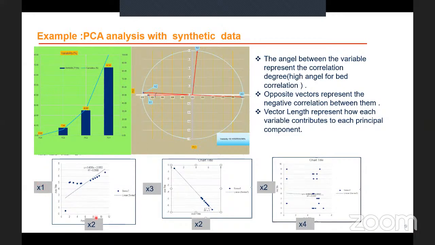Here I put x1 and x2 with correlation 0.5. We say here there is a good correlation between the data, and here we lost the correlation. We can see in the plot that if you have a small difference, we create some angle between the projection vectors of x1 and x2. If you have low correlation, the angle between x1 and x2 increases. For x3 and x2, in this plane, these two variables have negative correlation. When you increase x2, x3 is reduced,